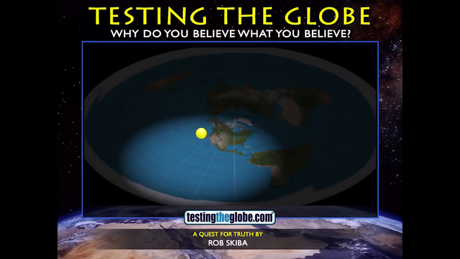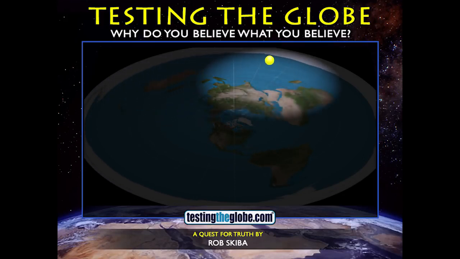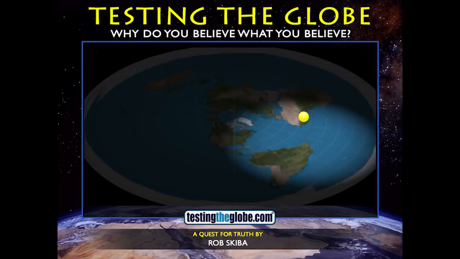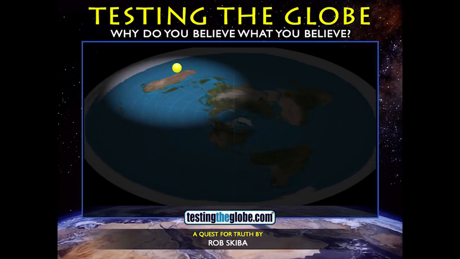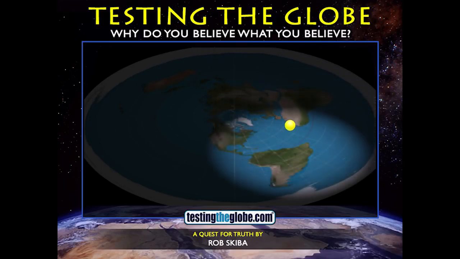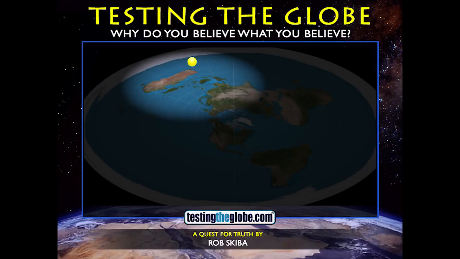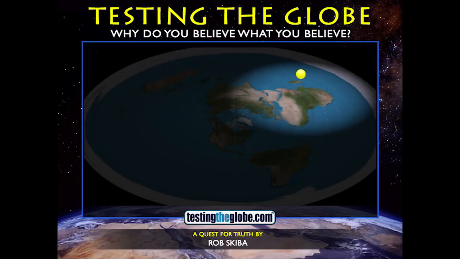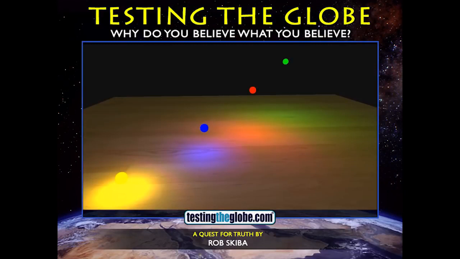So I created this animation. You guys have probably seen this. A lot of people have used it in their videos and stuff like that. It got mirrored quite a bit. All I did is use a 3D software called Poser, which, like it sounds, allows you to pose and move 3D objects. And so I created a circular flat Earth map and just created a little ball and made the ball a point light. And what a point light is basically